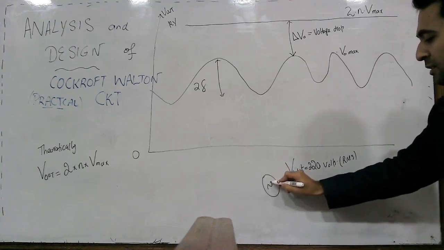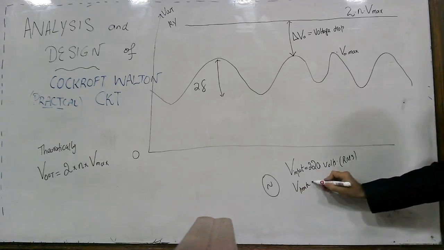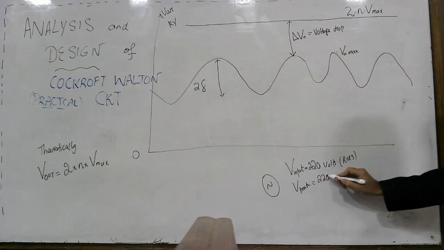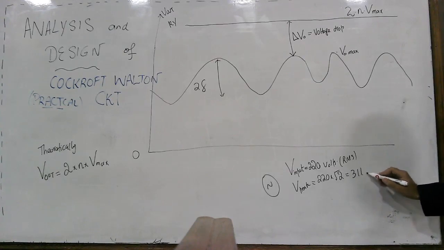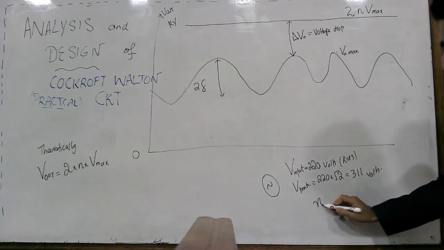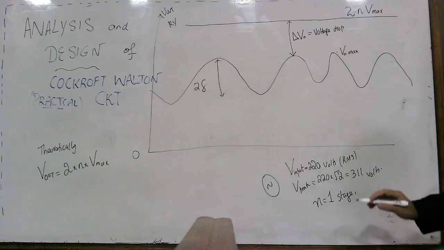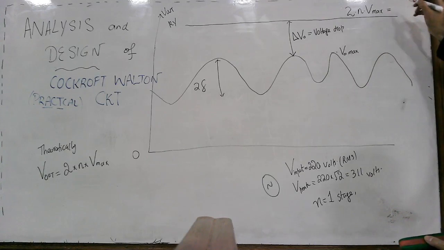Let's say we have the AC source which is of 220 volts RMS. So what will be the V peak? V peak obviously is 220 multiplied by root 2, which is equal to 311 volts. So theoretically, if you have only one stage, the voltage here should be